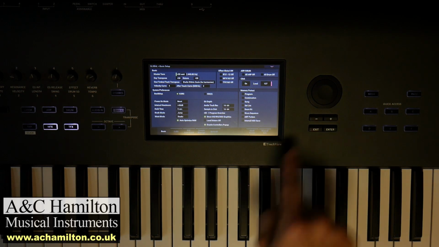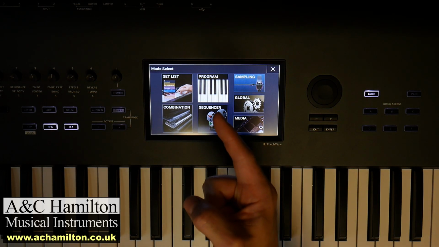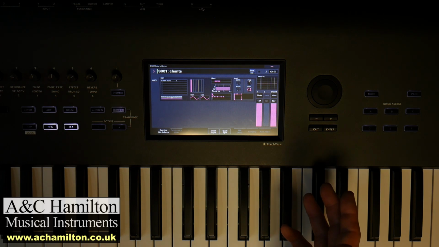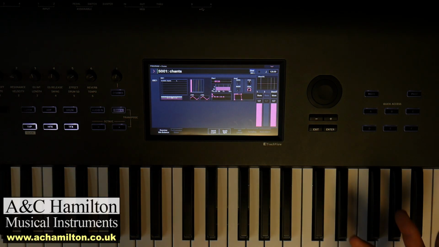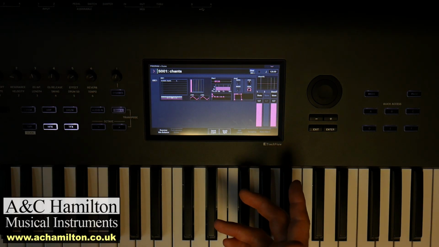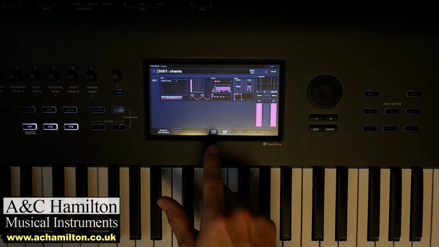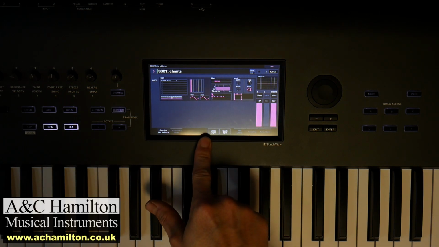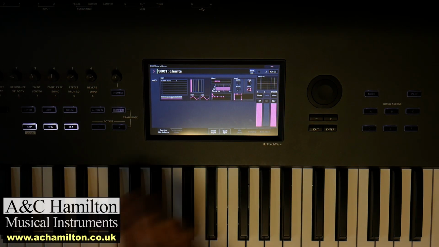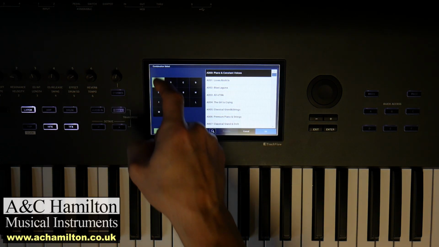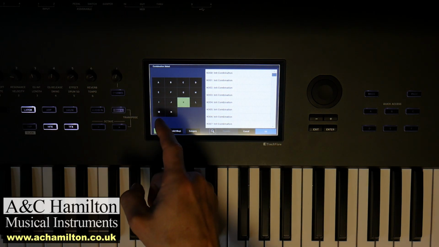So what I said before is I want to make a combination with these sounds. So now we've got these samples, I can easily layer them up even with normal sounds from the product, do all sorts. So I'm going to make a combination. We can even do quick layer and quick split and go into combination mode, but I'll do it with a blank combination first. So I'm going to go mode, combination,